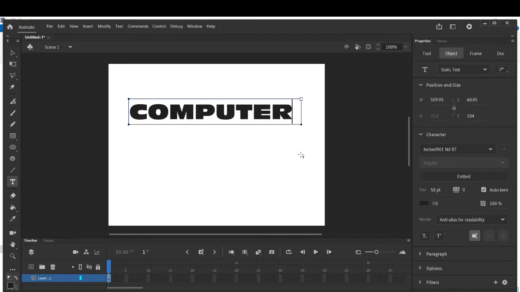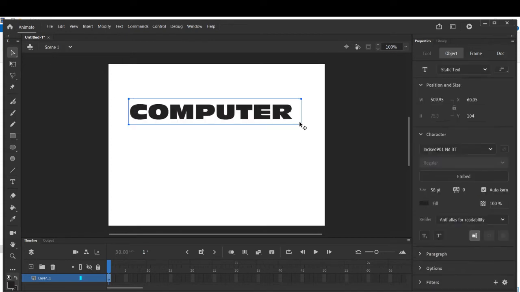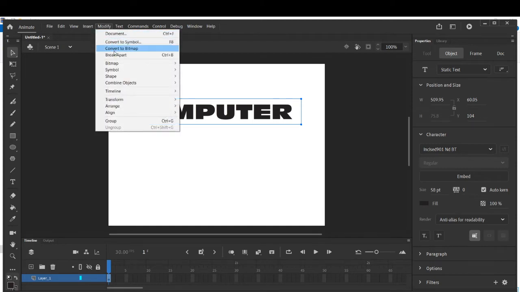Write down computer, and what you will do, you will do the break apart. How, children? Select the selection tool, select the text, okay, and then you can go to modify and break apart. This is also an option, or right click and break apart.